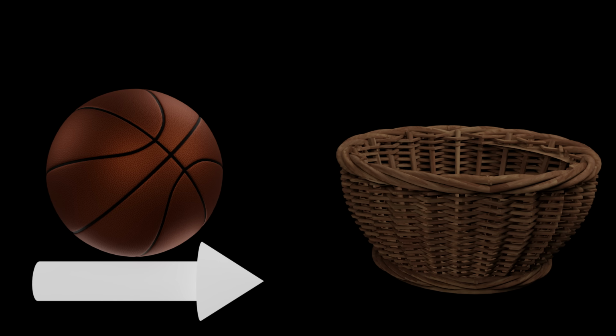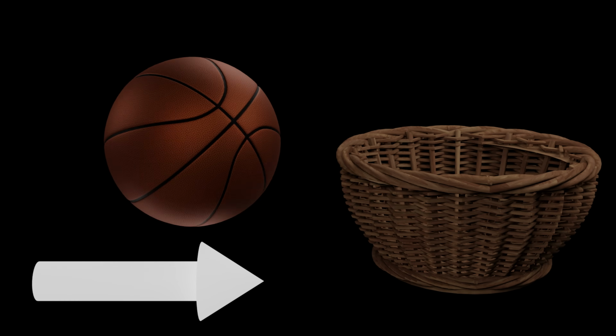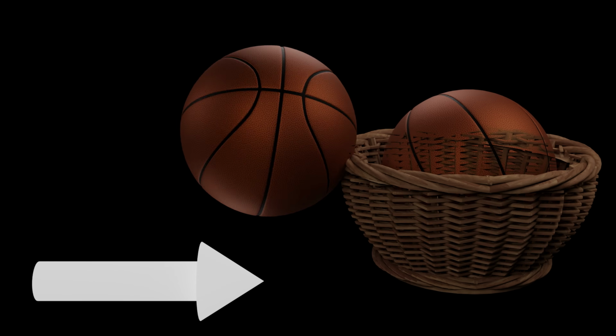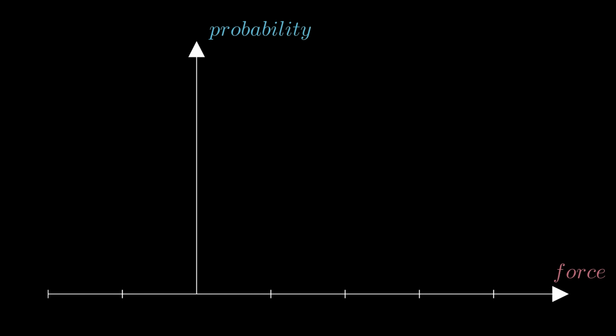Well, here's the thing. Because of turbulent flow of air, even if you were to throw the ball with the exact same force, it can sometimes go in and sometimes miss the shot. So here's what we can do. For each different force, we can sample different throws and get the probability that the ball will make it in. So for example, if you throw the ball really, really weak, it never goes in. If you throw it a bit stronger, it sometimes goes in, but mostly fails. If you throw it even stronger, it goes in more often. Throw it even stronger and almost always goes in. But be careful, go over the limit, and the ball will mostly fail.